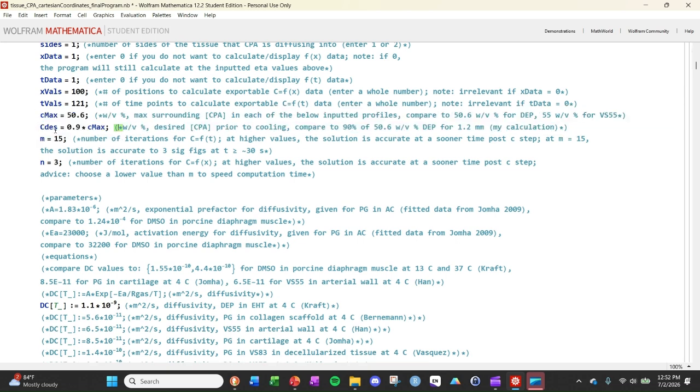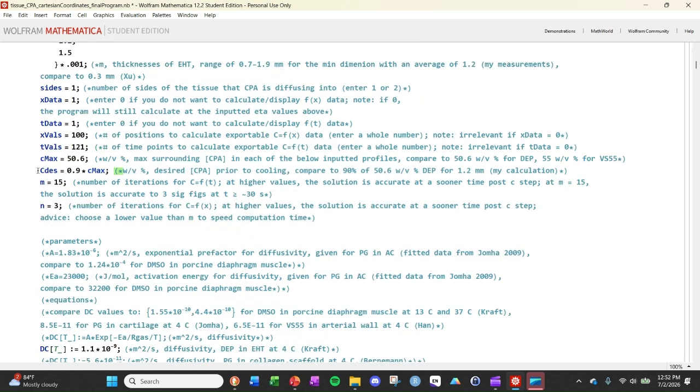and here. So this represents the desired CPA concentration. This is going to be the minimum CPA concentration that achieves ice avoidance, as the definition I use for that desired CPA concentration. This is a rather simple way to evaluate this, because if you think about it, the desired CPA concentration is going to be dependent on where you are in the tissue,